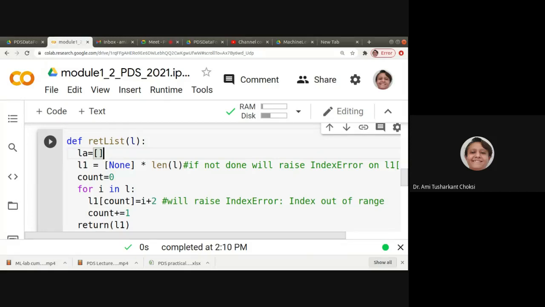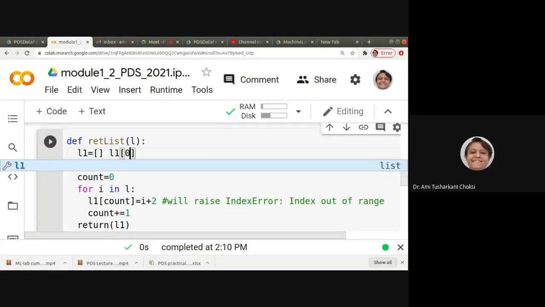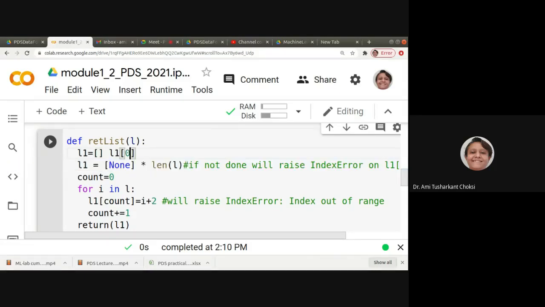It will not allow you to access any index. We have just seen that, right? Whether it is L1 or LA or whatsoever, this is an empty list. So if we are trying to access it as L1 of 0, it gives us an error, right? So we cannot have it something like this. So we should create a list which has the same length as L, that is our original list, right?